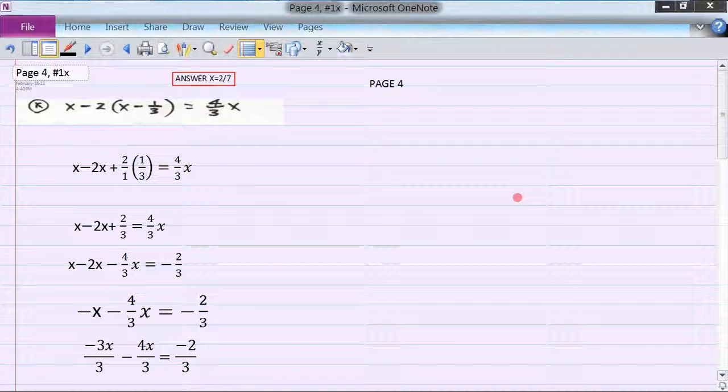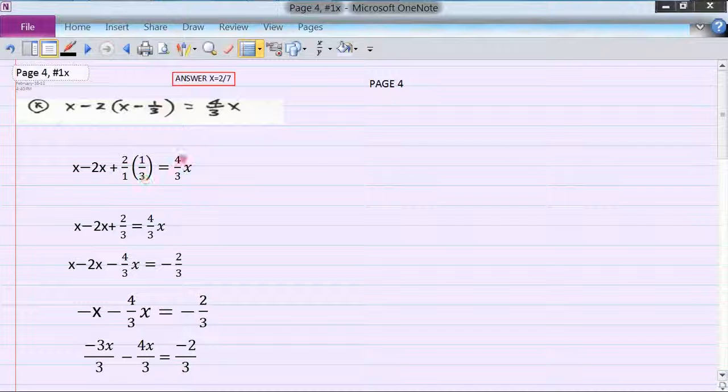Okay, so we're back on page 4, number 1x, and here we see the problem. First thing I'm going to do is use the distributive rule. This x is this x. Minus 2 times plus x gives me minus 2x, and the 2 is 2 over 1. I'm going to multiply the minus 2 over 1 times minus a third. The minus times the minus gives me plus, and I have 2 and